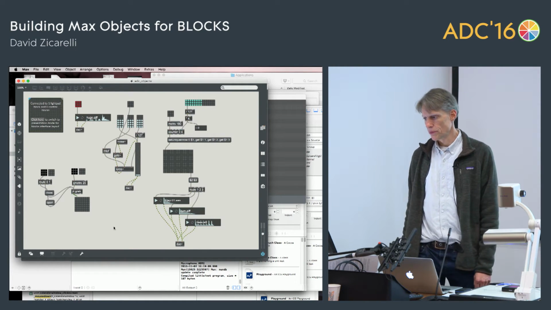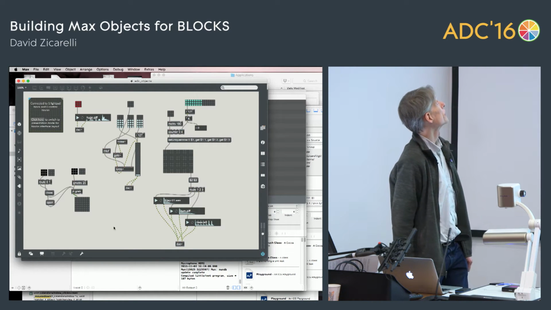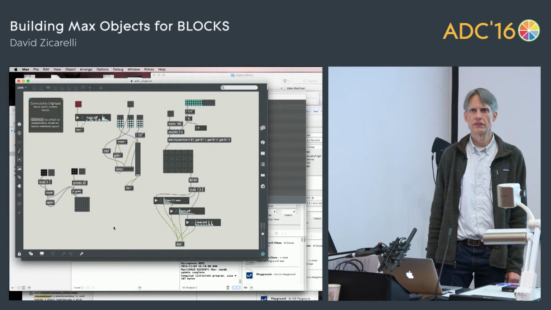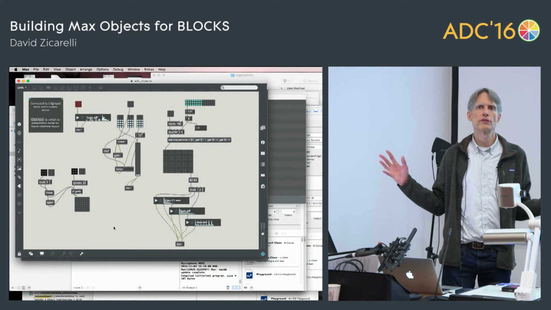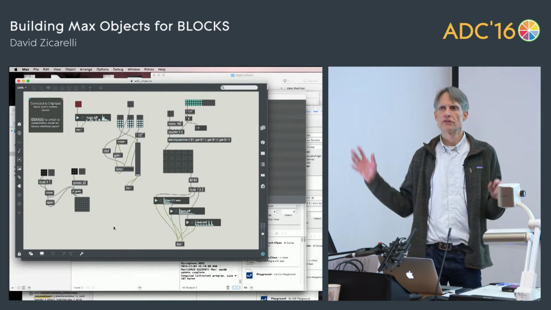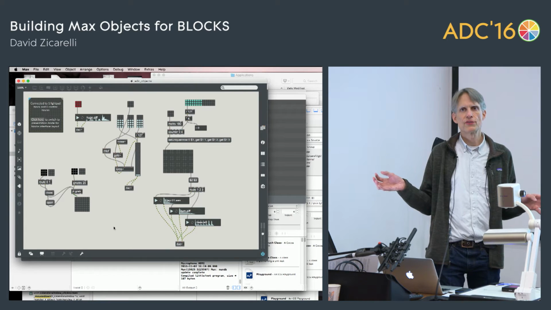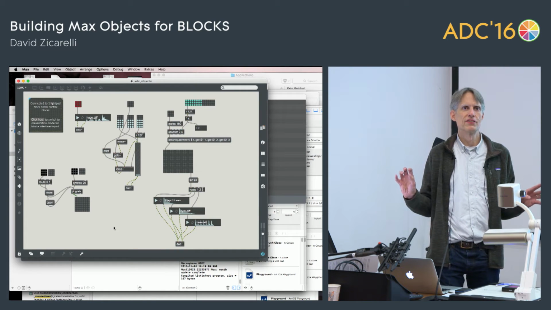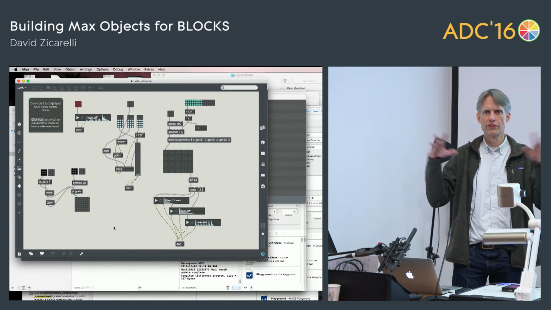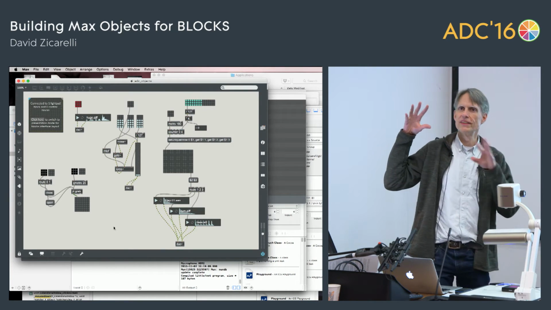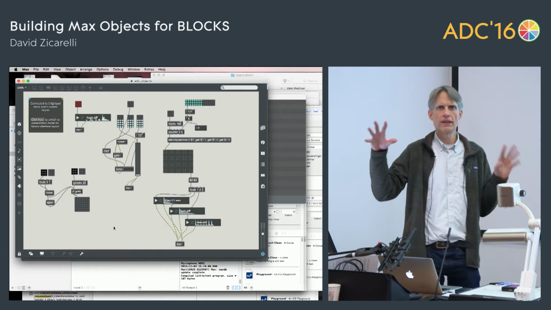That object is called blocks.pad, and you can see the little blue triangle in the corner. That indicates that it's actually happy. Unlike traditional Max objects that deal with MIDI, where you have to connect them to MIDI in and MIDI out, with the Blocks notion of MIDI you can't do anything with it. It's a constant stream of pings and acknowledgements and resending packets, so it happens behind your back.